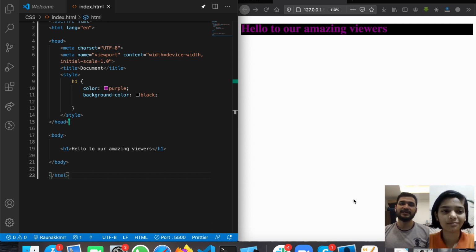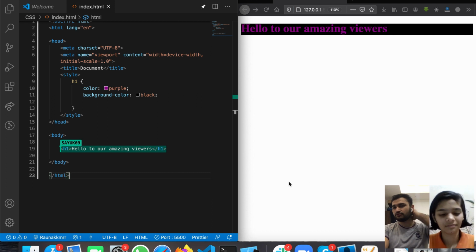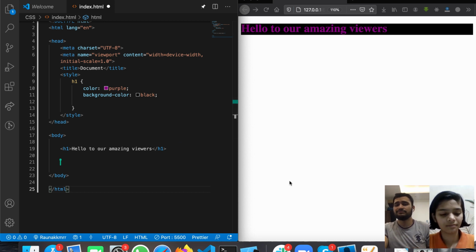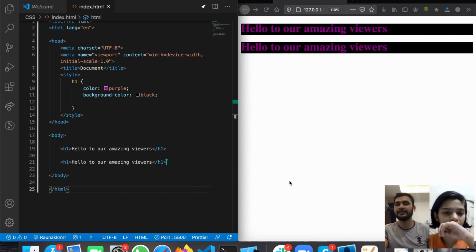The reason behind this is that if you have used H1 above, and if you want H1 to be used at this point but you do not want its background color to be black, maybe you want a different color, or maybe you do not want any color. So it's very simple: you do not want to use that H1 tag again. So let's try a different approach, from element to